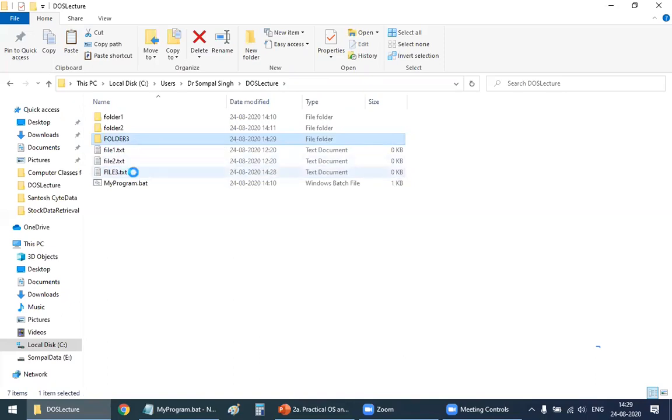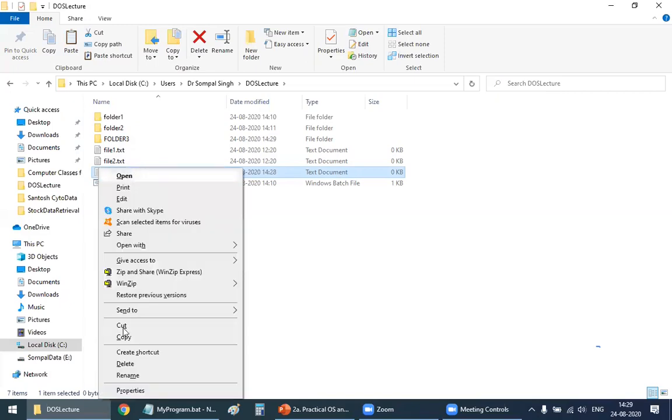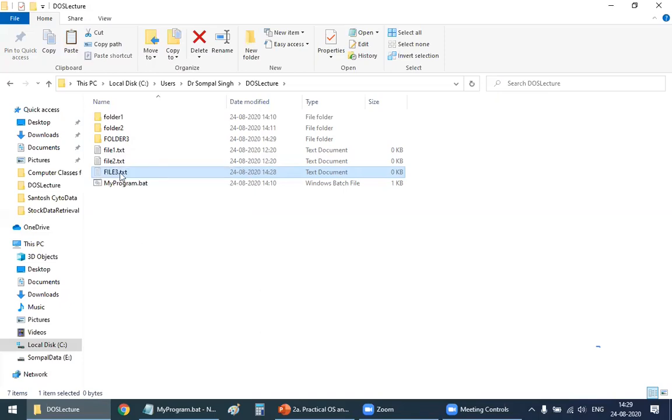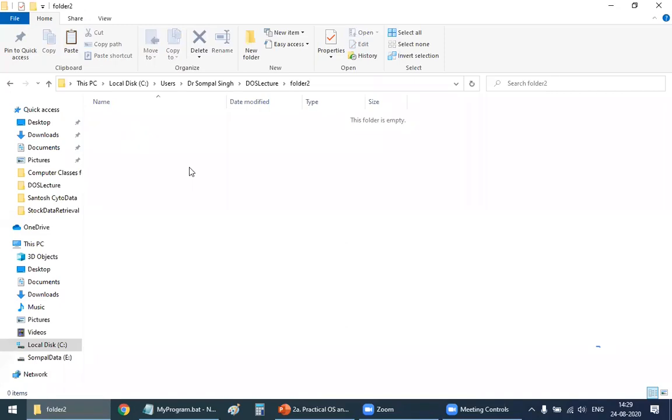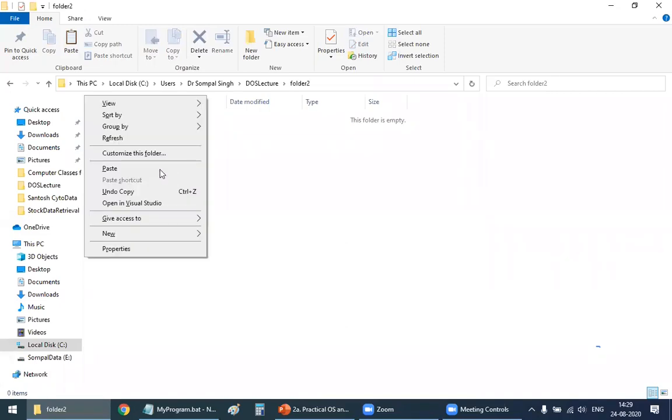If I want to move my file from this folder to another folder, I'll cut it from here. So I have cut it from here and then I open folder 2 and right click in this folder and paste my file there.